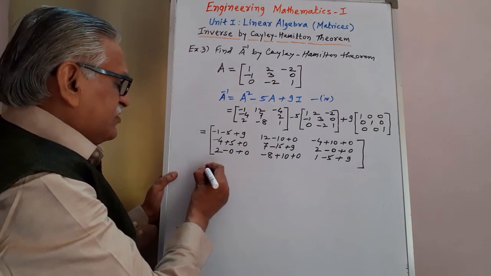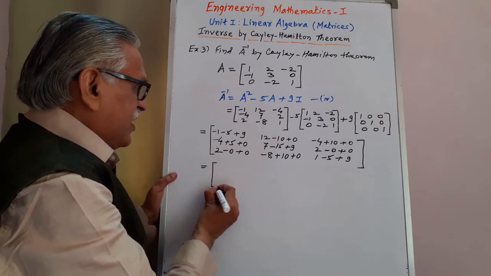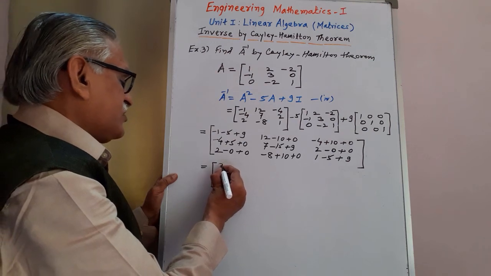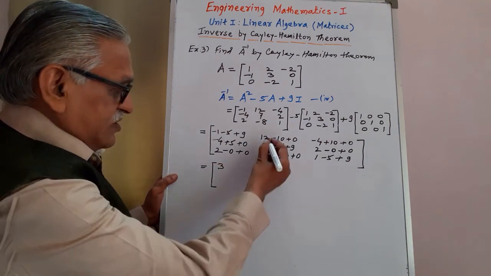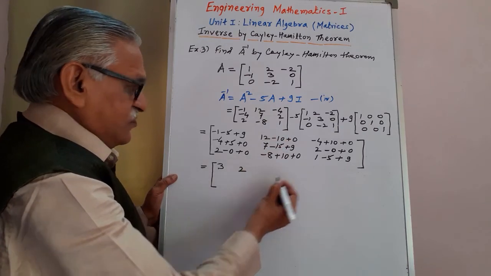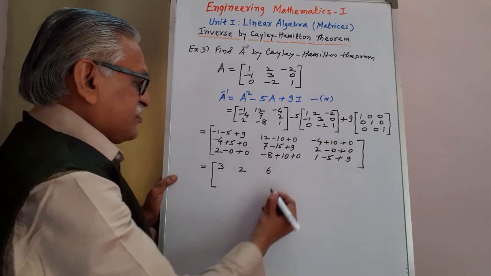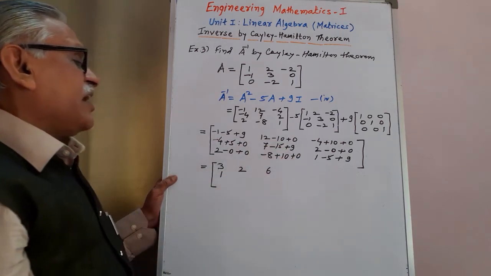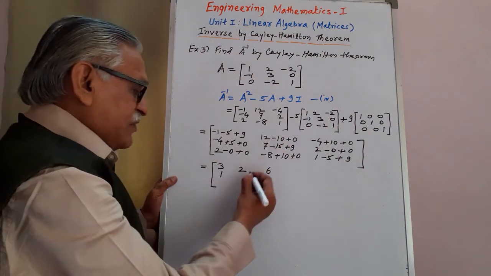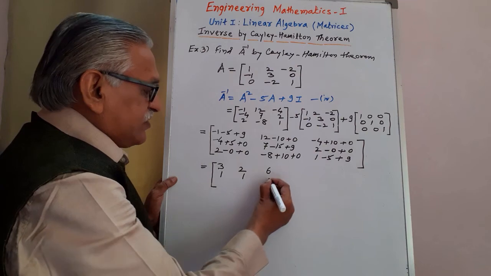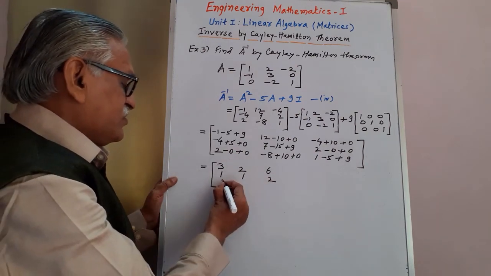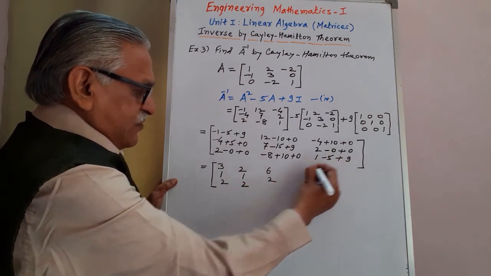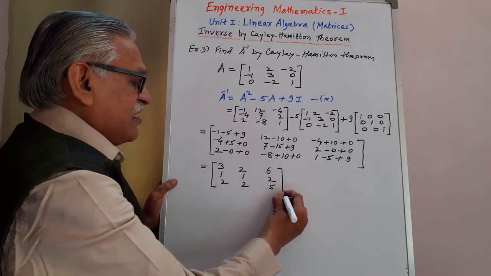And if you simplify this, we have that matrix for A inverse as 9 minus 6, 9 minus 6 we get 3. 12 minus 10 we get 2. 10 minus 4 we get 6. 5 minus 4 we get 1. It is 9 plus 16 minus 15 we get 1. 2 minus 0 we get 2. 2 minus 0 again 2. 10 minus 8 2. 10 minus 5 we get 5.